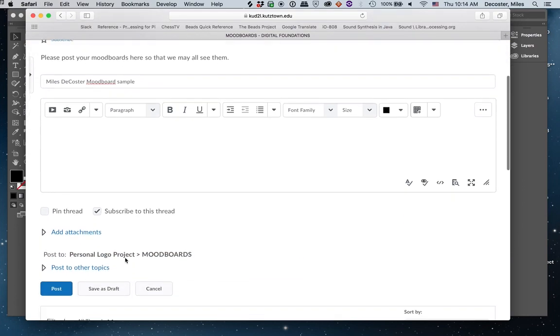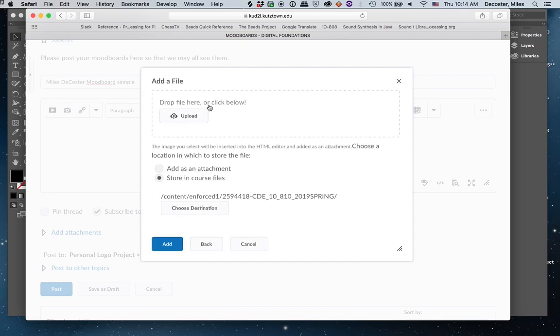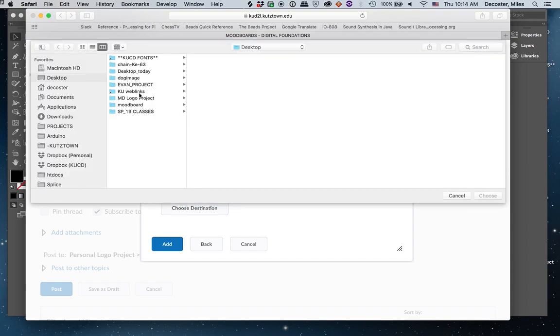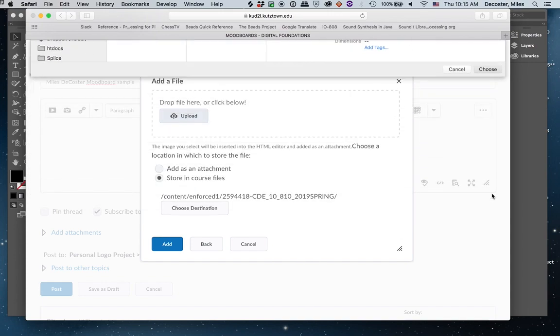And now it wants me to post. And among my choices here for post is a little picture icon, so I'm going to insert an image. I'll go to my computer, and I could either find it on the desktop and drag it in here, or I can click upload. So I'm going to click upload, go to my desktop, and find my mood board. There it is in my logo project folder. Choose it,